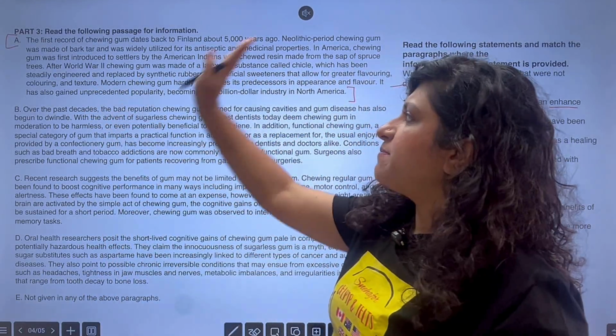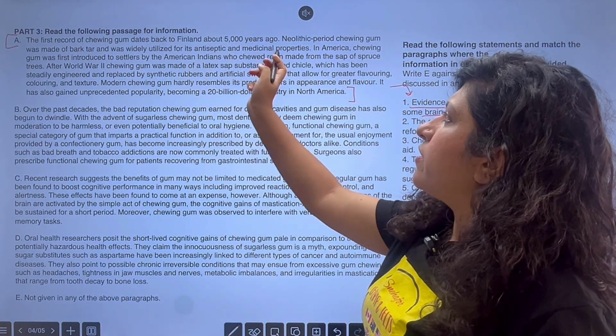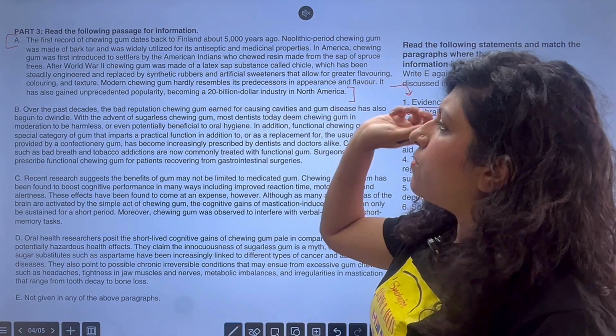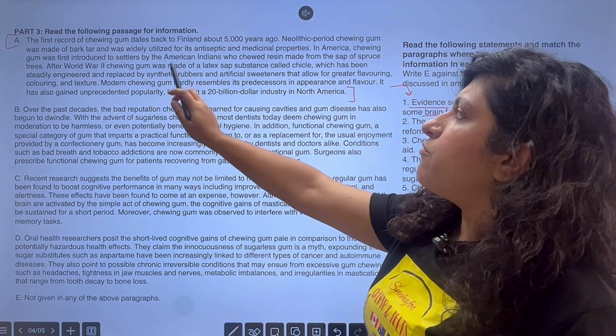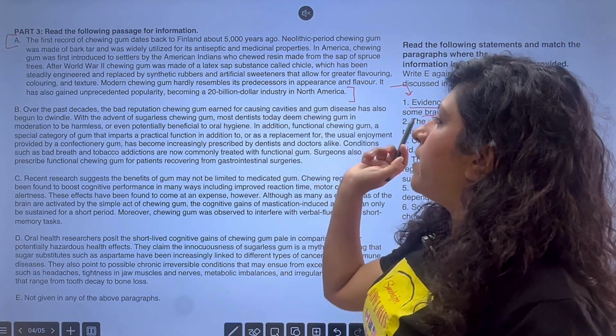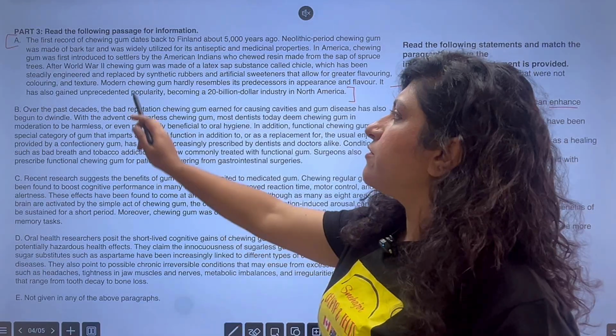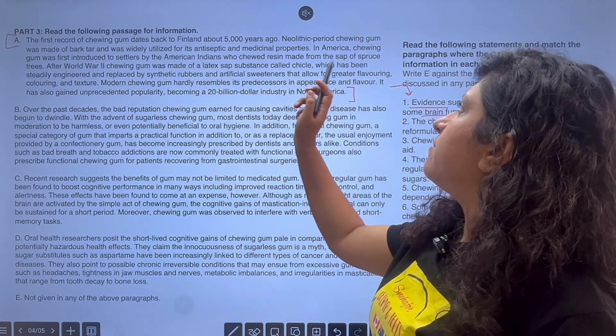So let's say I read this para A. First record of chewing gum dates back to Finland about 5,000 years ago. Neolithic period chewing gum was made of bark tar and was widely utilized for its antiseptic and medicinal properties. In America, chewing gum was first introduced to settlers by the American Indians who chewed resin made from the sap